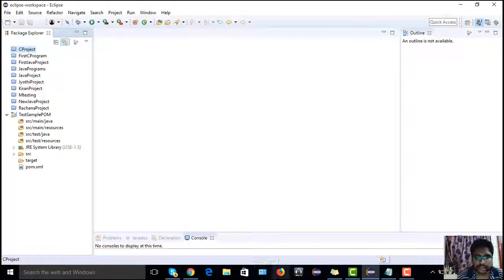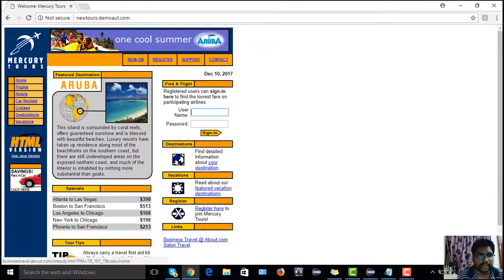So let's start with exploring the application which we are going to test. This is the intended application, and the test case would be a simple login test case where you have to give a username, password, and click sign in. And the validation would be to test the page title.